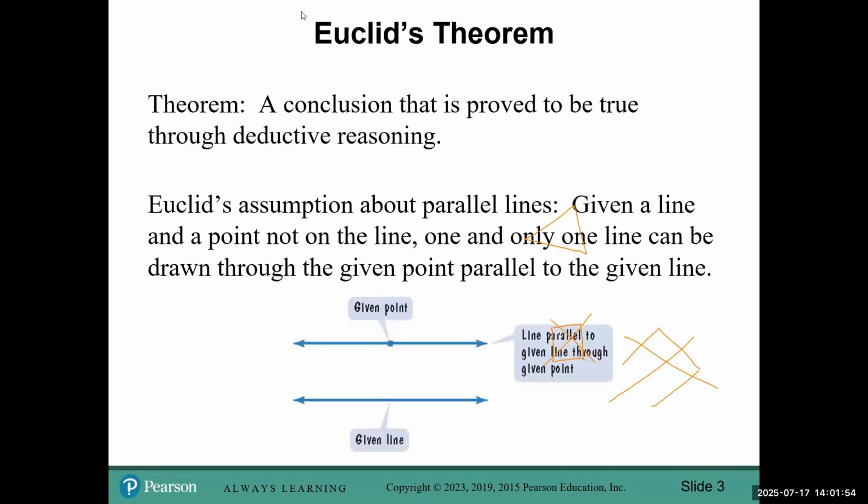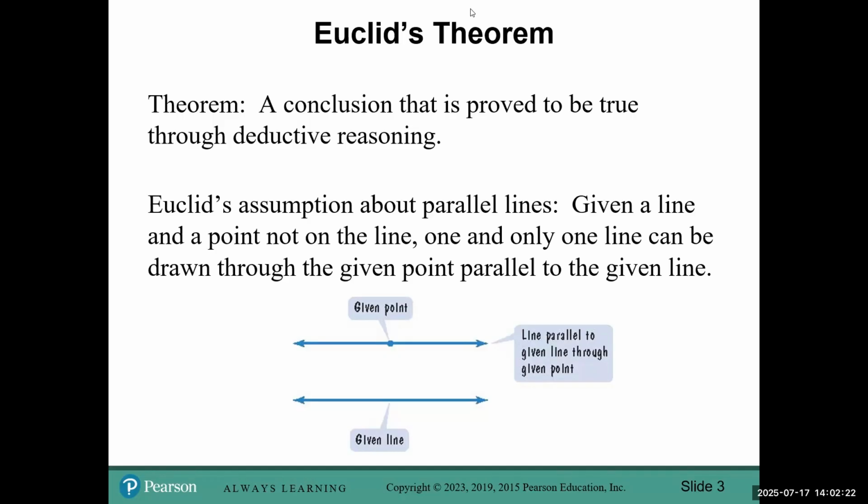The next thing that we're going to talk about is an important theorem called Euclid's theorem, but let's first talk about what a theorem is. A theorem is something that we can prove. So we take information that we already know to be true, definitions, other theorems, whatever we've added to our body of knowledge. And if we can come up with something new based on putting all of the things that we already know to be true together, then we can write a theorem and we can prove something new to be